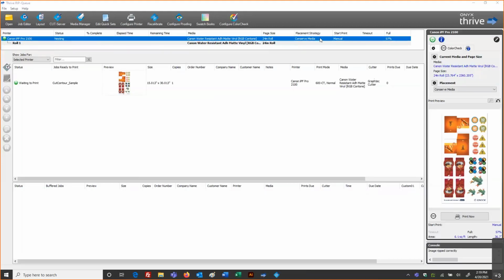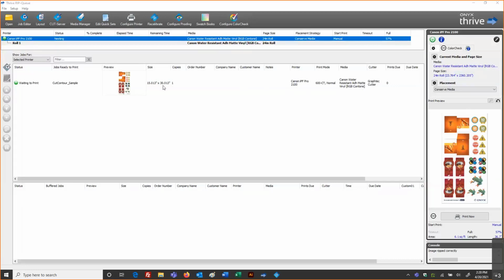Okay, so now I've got my settings, and you can see the additional gray space for the lead edge and the tail edge as well, just giving a little extra space. So the workflow is going to show me my GraphTech cutter model under cutter. It is normal for us to not see the cutter marks in this print preview, because we don't see marks as they are going to be represented. We're not going to see any of the cut path data because that's not going to print. That cut information around all of these shapes should really be the cut control information that goes to Cut Server.